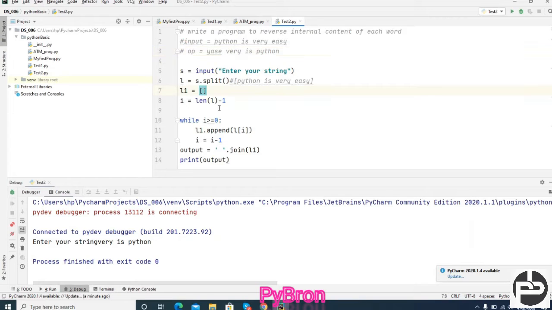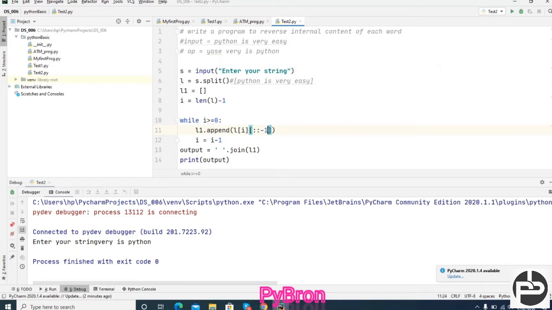Will you do? No worries. If you cannot do it, I am here, I'll help you out. But try to do the practice at least. So now, I got a word and now I have to reverse the string also, right? How can we reverse the string? Colon, colon, -1. That's all.